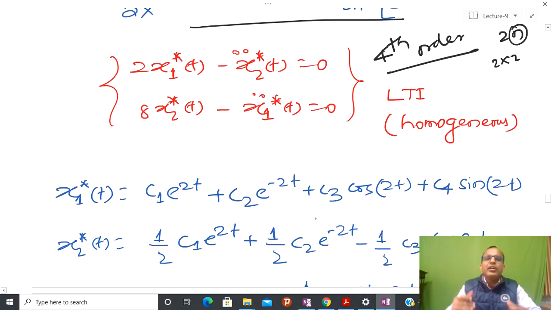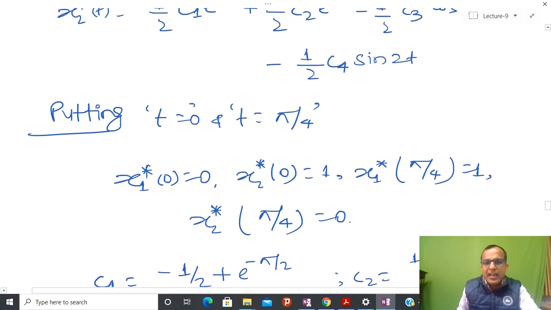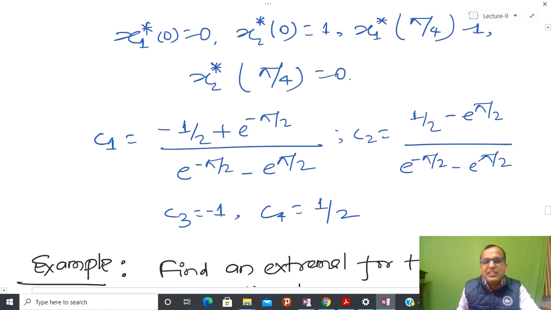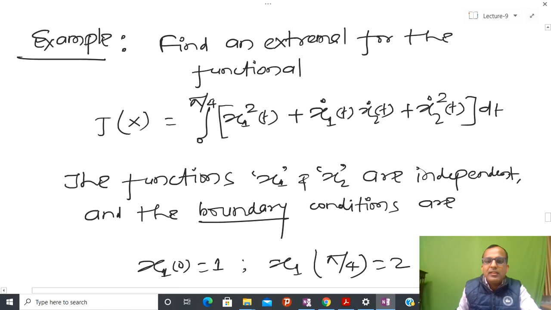Now let us see that if you solve it, you will get this kind of solution. In order to solve this kind of differential equation, you can take the help of matrix algebra, or you can take help of some software. Either Mathematica or any other software, then you are able to solve it. Or you can use the standard theory of differential equations, and after that put in the initial conditions and then you will get it. I am not going to talk in detail about how to do the solution.